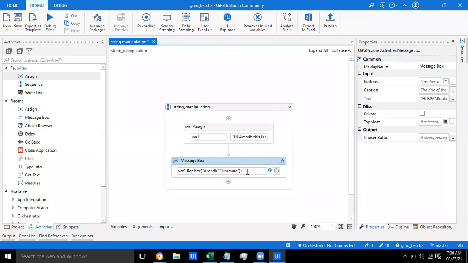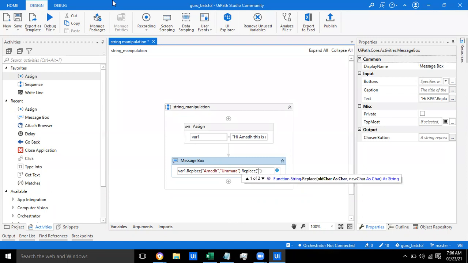Got any answers, guys? Dot replace, and again dot replace. So how many times we want to replace, we have to use that many times replace.